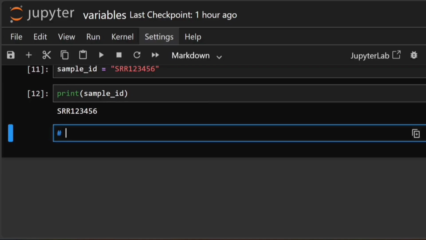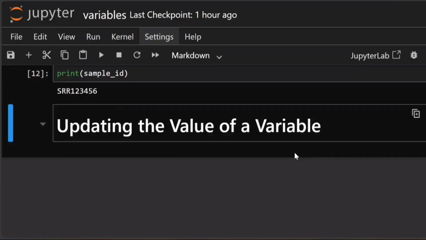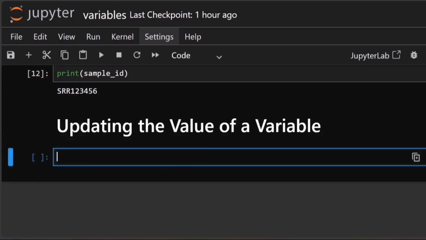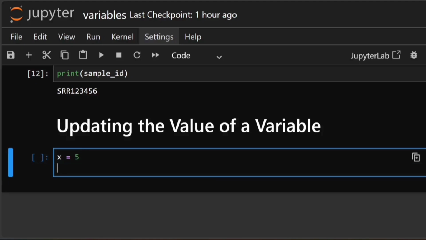Updating the value of a variable. One important thing about variables is that you can change what's inside them. Let me show you how we can update a variable's value. First, I create a variable x with the value 5. Printing it shows the value 5.